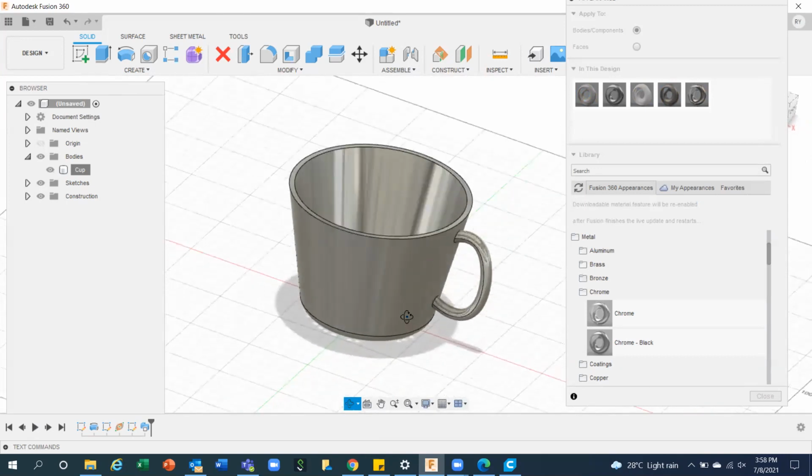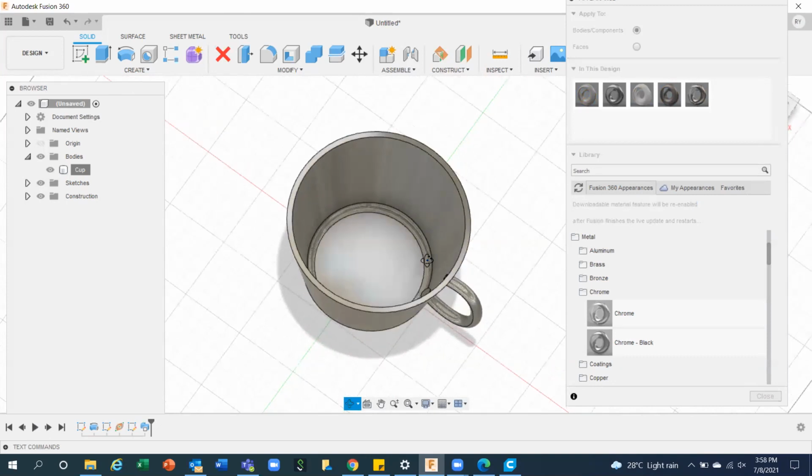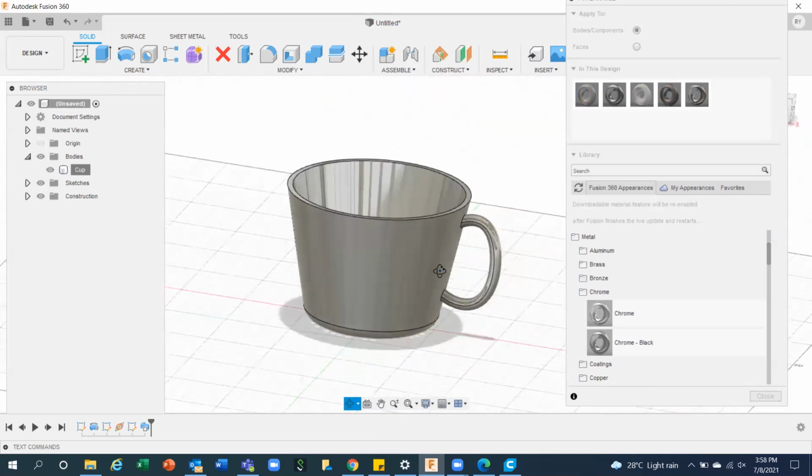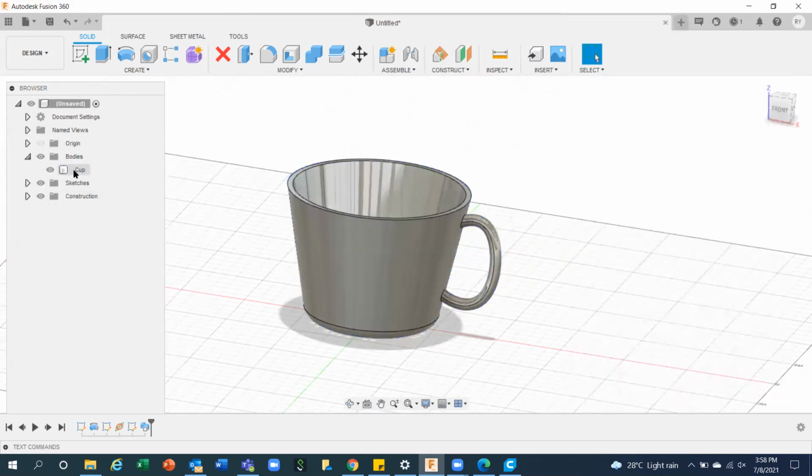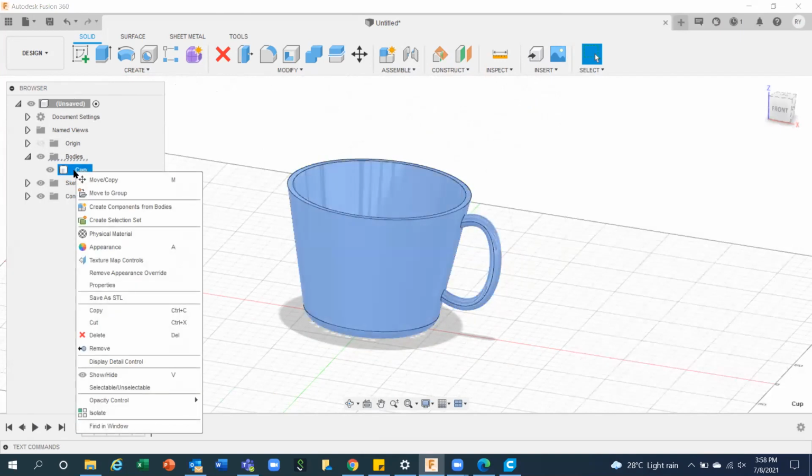And after that I have to save this one. After that, you have to use the body from the browser menu, right click. Because we want to 3D print, we want to save this file in STL format. Save as STL.